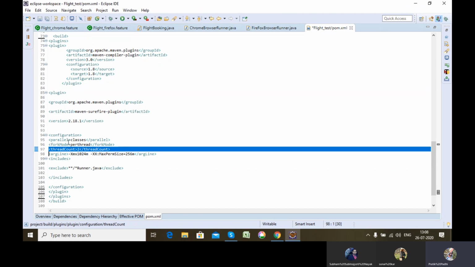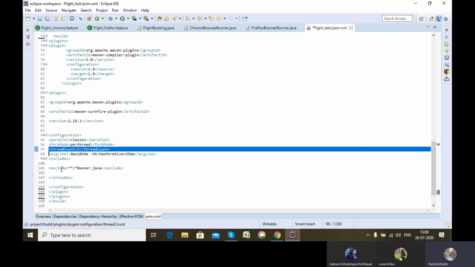If I don't give fork mode and thread count is equal to 2, those 2 threads will be created in a single JVM, so execution will be a little slow. But with fork mode per thread, it creates a virtual JVM per thread, meaning 2 threads are executed in 2 JVMs and the execution is faster.